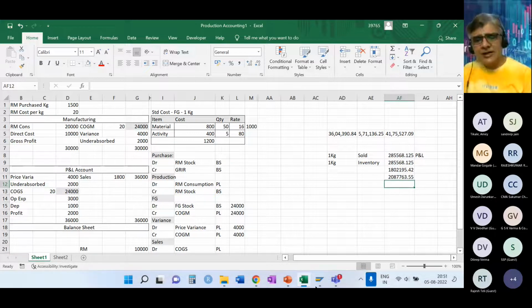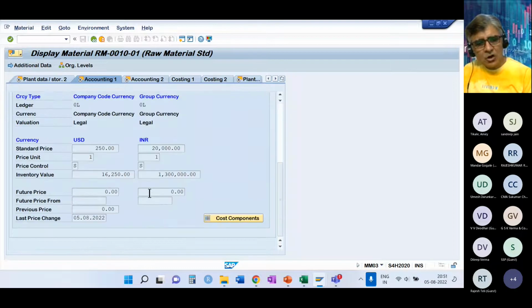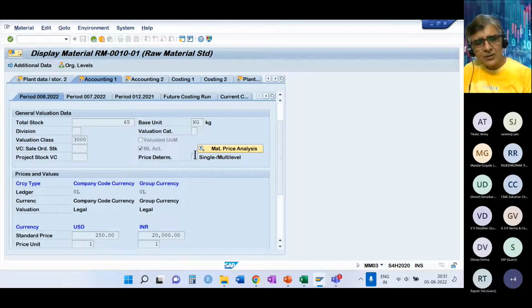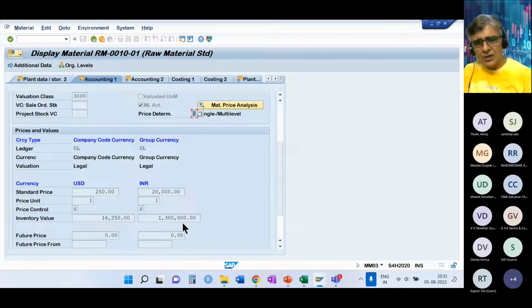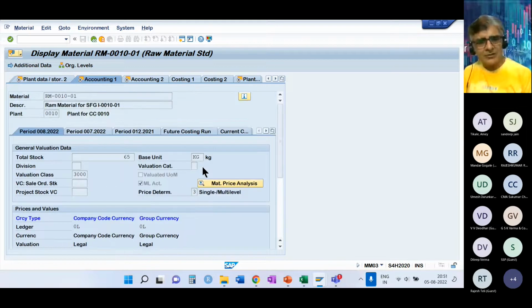So once you select this as 3, then your raw material, packing material, and everything will be at S. That's the kind of scenario I have taken for this demo, which is why when I'm purchasing material, SAP is seeing the difference between standard price and the purchase order price. It is passing a PPV entry. The PPV entry is happening just because of this setting, that I have taken my raw material at the standard price.